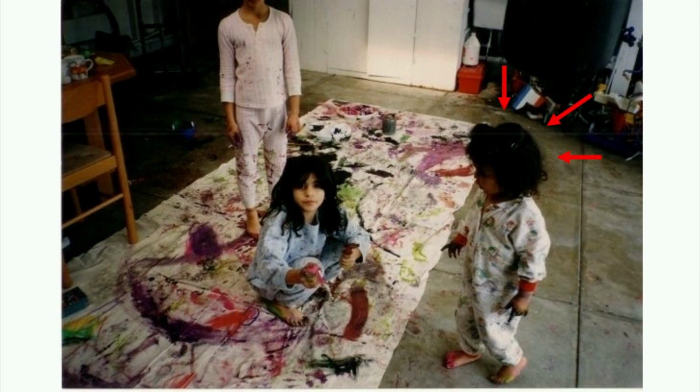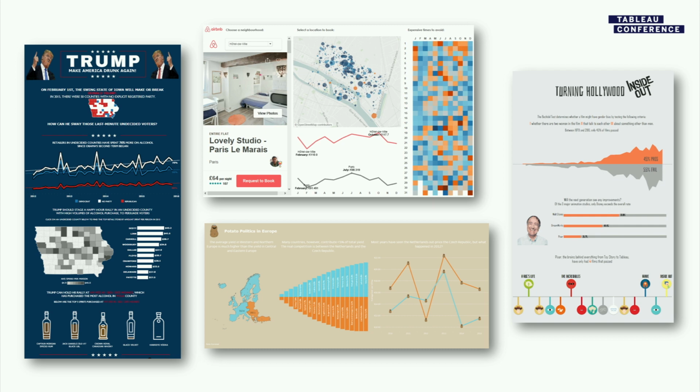This is me to the side of my sister, the artist in the middle, trying to figure out what's going on. And I tried everything. I tried painting, I tried photography, I tried ceramics, I tried bookmaking. That's a real thing. Nothing really stuck. So it wasn't until I got to Tableau years later that I felt like I finally found my creative medium. At Tableau, I felt like I could finally express myself with something that I could actually do, which was analyze data. And now, today, the combination of design and data analytics is one of my passions.